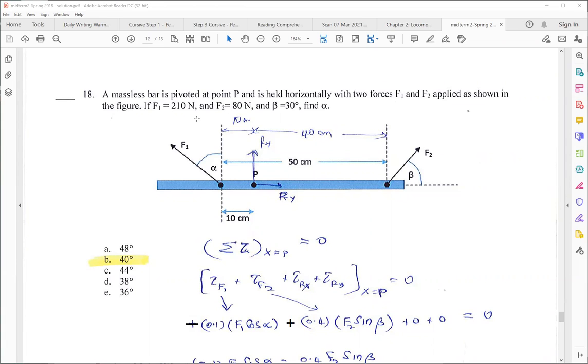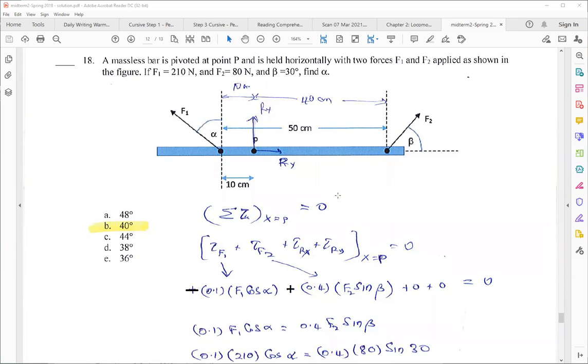Here, we consider the system to be in equilibrium, and we're considering the pivot point P. So pivoted at point P. Here is point P. So if we consider the pivot point to be here,